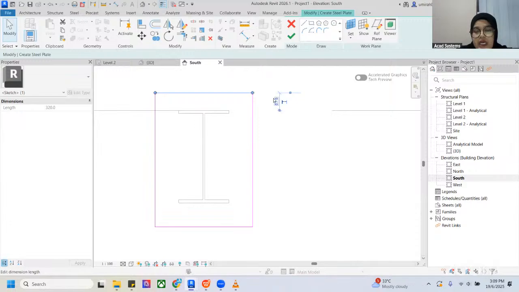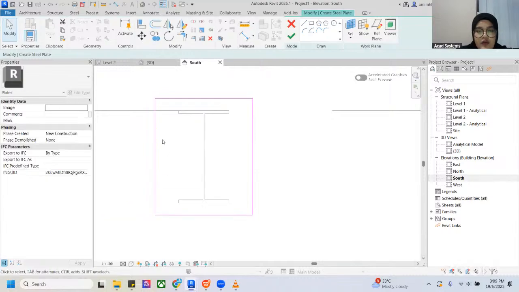Okay, so the dimension for that one will be 40 mm. Okay, the gap between the beam and the base plate line here is 40 mm. So same goes to this one. We're going to move this dimension to here, then change this dimension to 40. Right? And then for the left side,